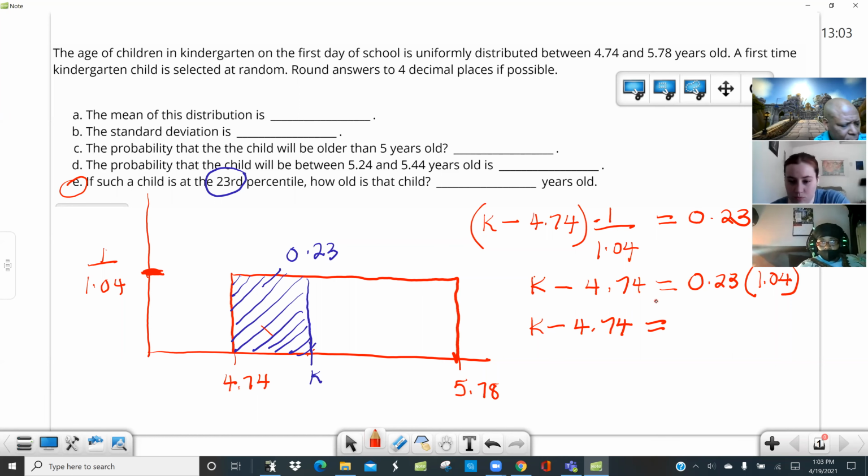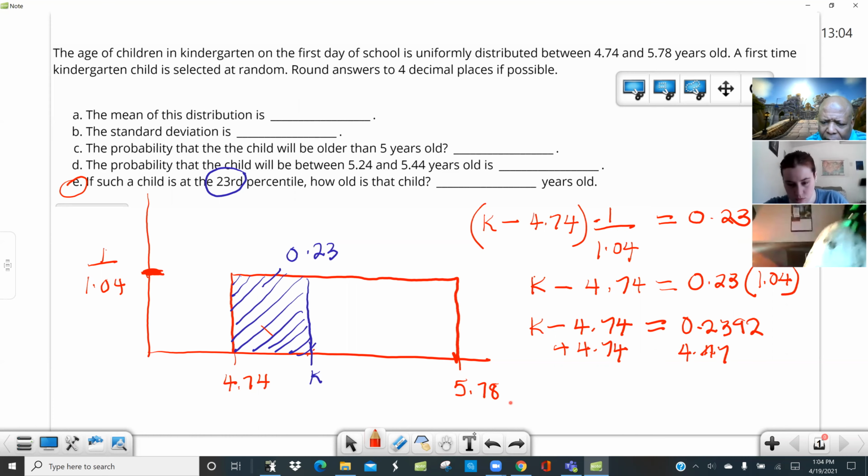0.2392. Okay, times 0.23. Yeah, 0.2392. And then of course, you add the 4.74 to both sides because you are trying to isolate the K. You're now adding 4.74 to both sides, leaving you with